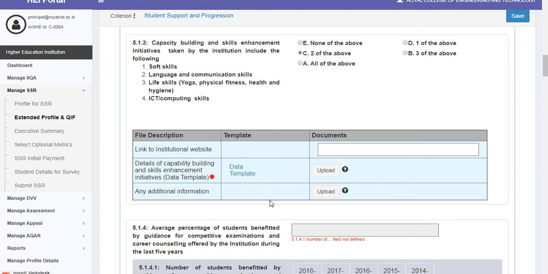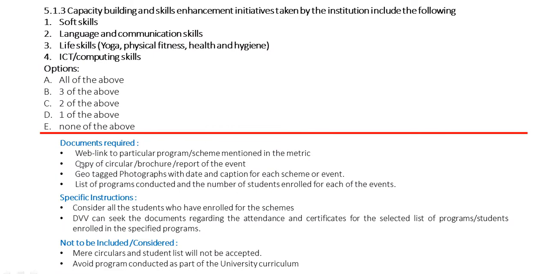Now let us see what are the documents required and specific instructions are for this metric. The documents required will be web link to particular program or scheme mentioned in the metric, and copy of circular or brochure or report of the event, geotagged photographs with date and caption for each scheme or event.